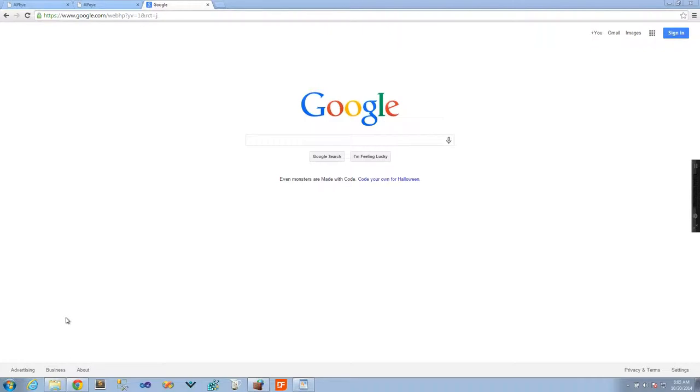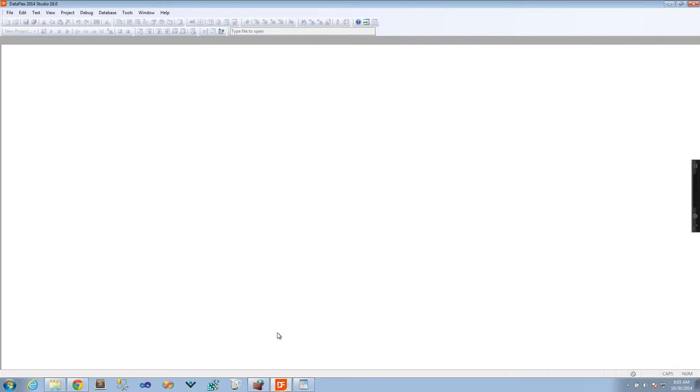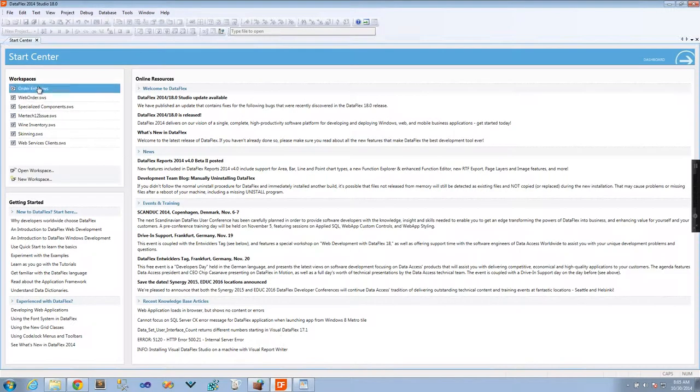So now that we've got the installation done, we basically have to get started with building an Evolution application. So I'm going to use DataFlex 18 for this. And we're going to be working with the order entry example. Now, this is just the basic order entry example here. The only thing that I've done in this case is I've converted the database to use the Mertech drivers, and we're connecting to, I think, a Postgres database right now is what we're set up to use. But that's not a requirement for this part of the training at all. Otherwise, this is a fairly standard